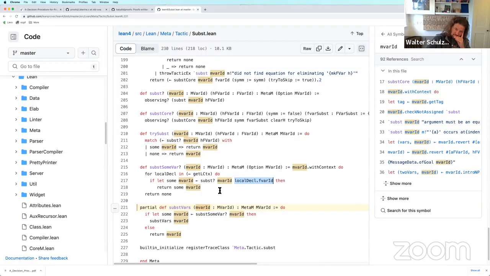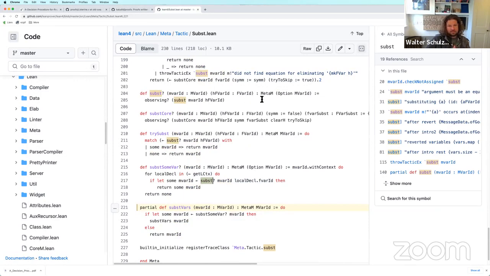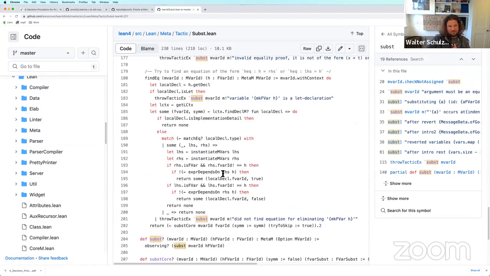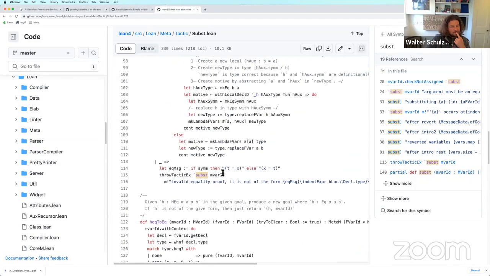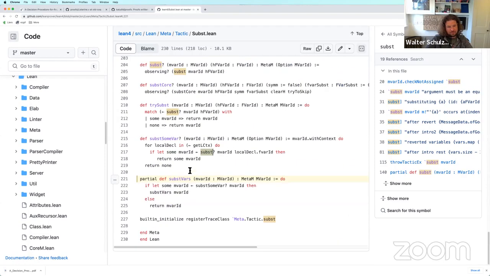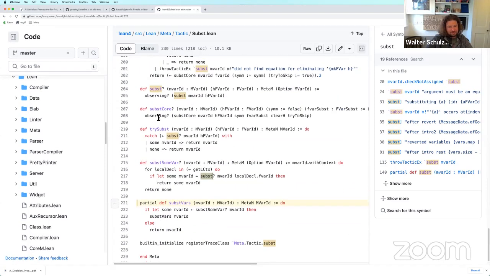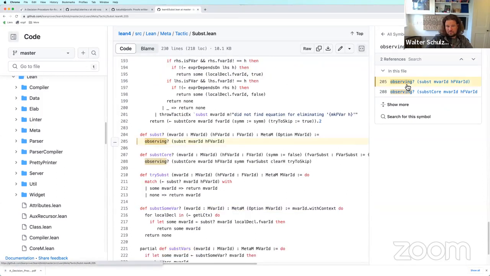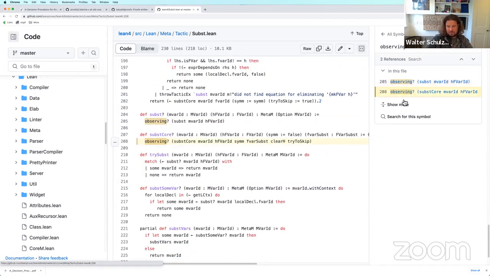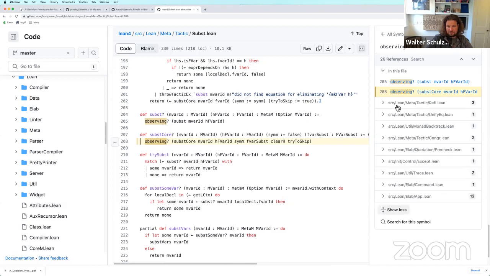okay, wait, first checks, observing. Oh, wow. Where is observing? No other references. Look at that.